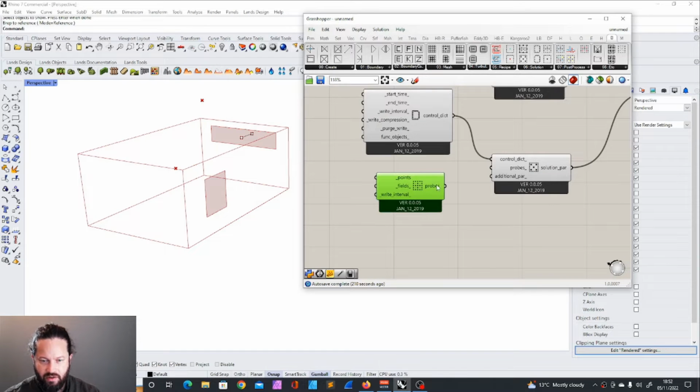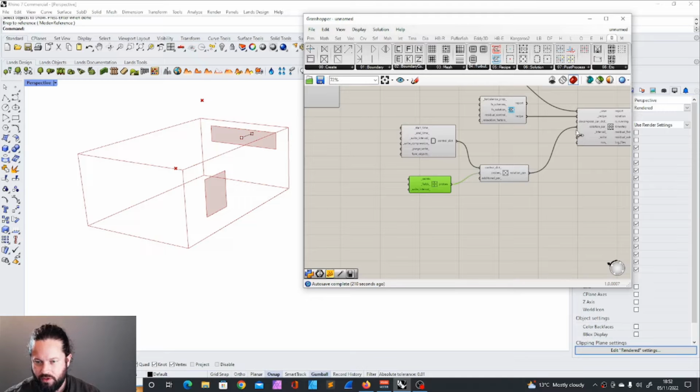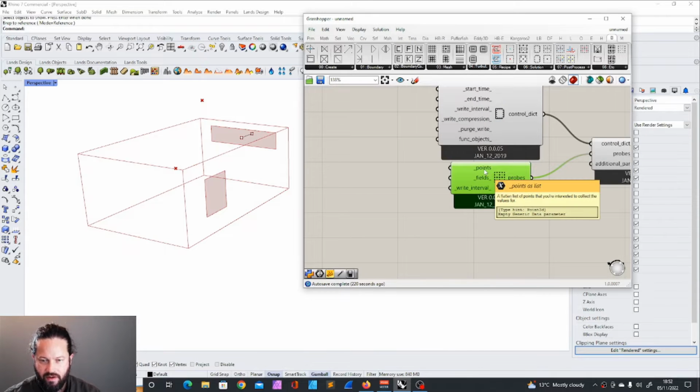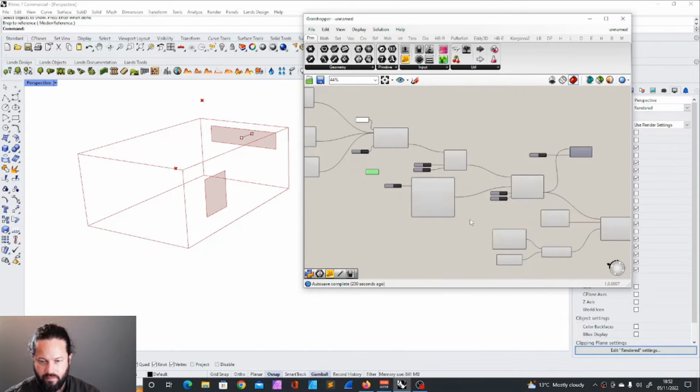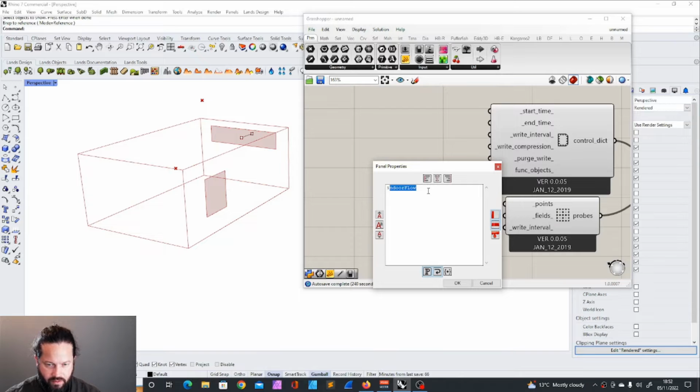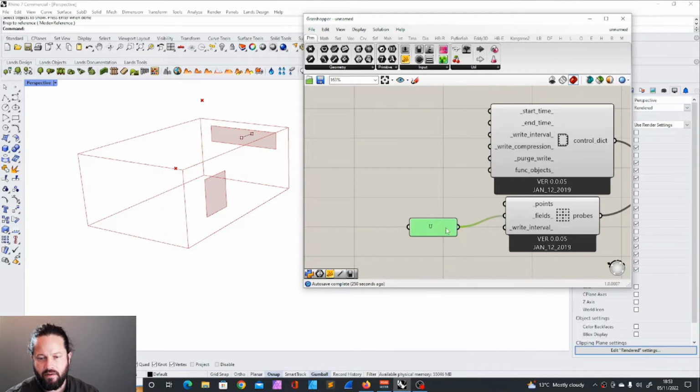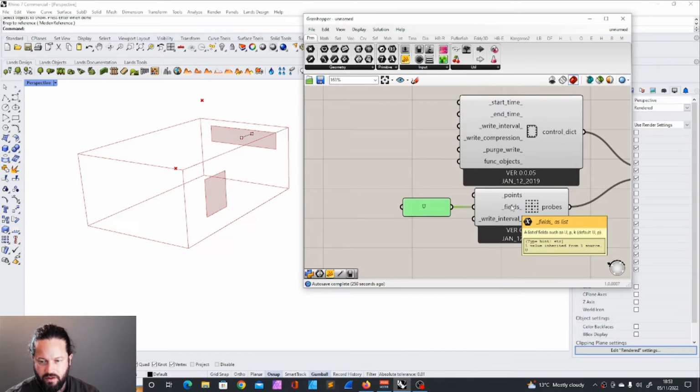It's always like from one input you add the tool and it will tell you which tool you need next. And then we need points and fields. In that case we need some of these. I'll just put U as a field. That is the velocity. So you need to define what you want to test. U is the velocity, P is the pressure,